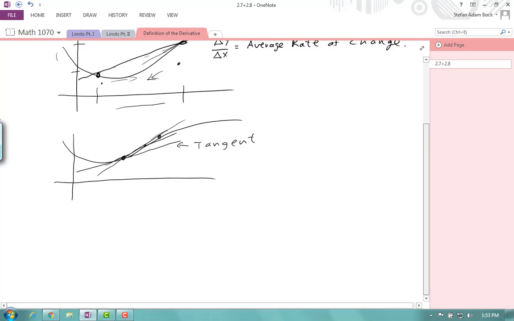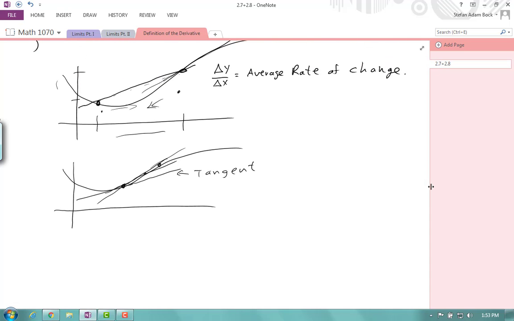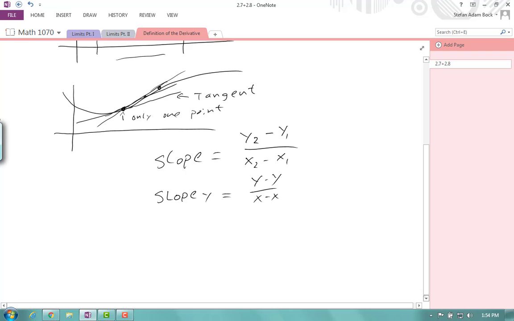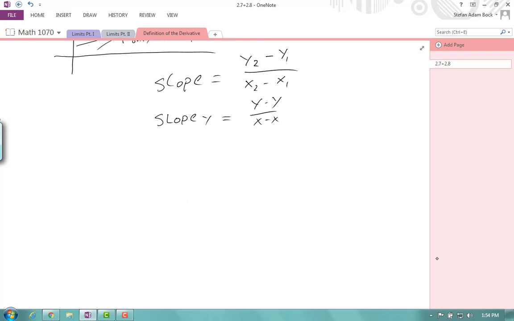But how do I calculate the slope of the tangent line? Because in order to calculate a slope, I typically need 2 points. I have a y2 minus a y1 divided by an x2 minus an x1. But with a tangent line, there's only 1 point. And it's not very helpful to say that the slope is equal to y minus y over x minus x, because that's just 0 divided by 0. We never know what that is. So what we do is we take a limit. So if I want the slope of the tangent line,